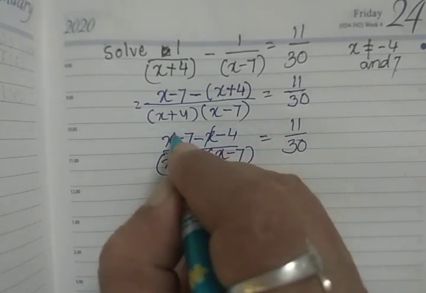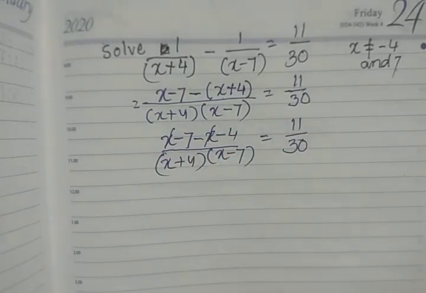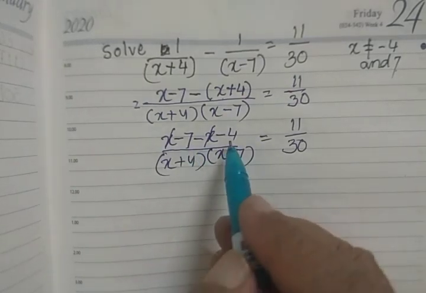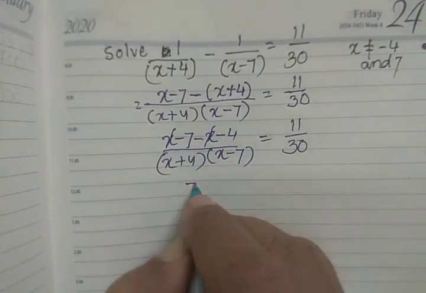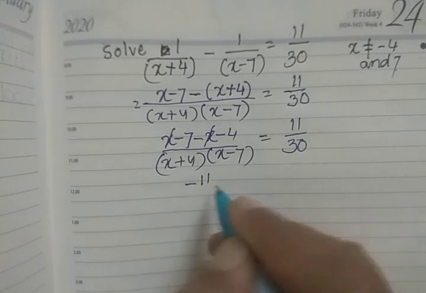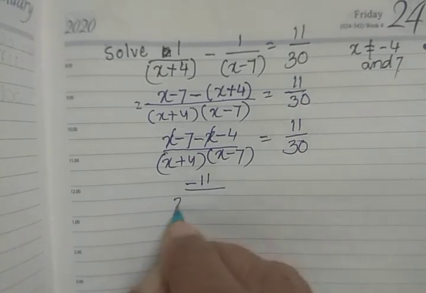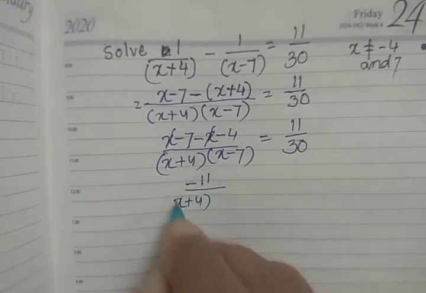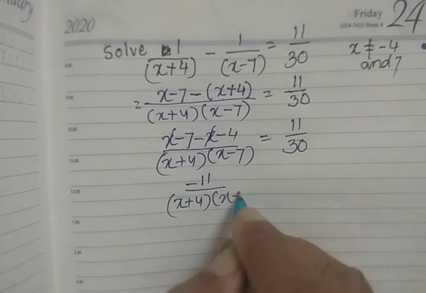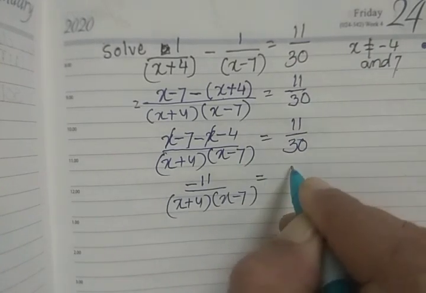Here x and minus x cancel. Minus 7 minus 4. So you have minus 11 by x plus 4 into x minus 7 is equal to